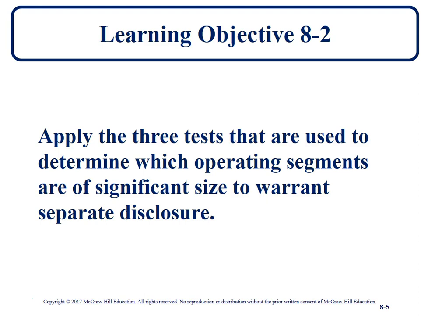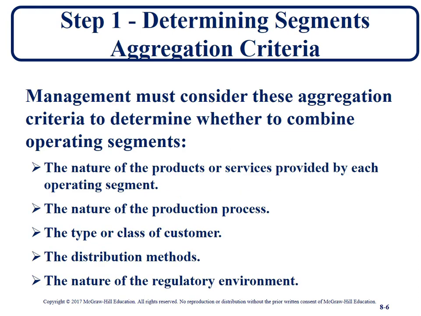Okay, learning objective 8.2. Apply the 3 tests that are used to determine which operating segments are of significant size to warrant separate disclosure. Okay, there's 3 tests, and basically what happens is if an operating segment passes any one of those 3 tests, it's reported separately. Okay, the first step is to determine segments